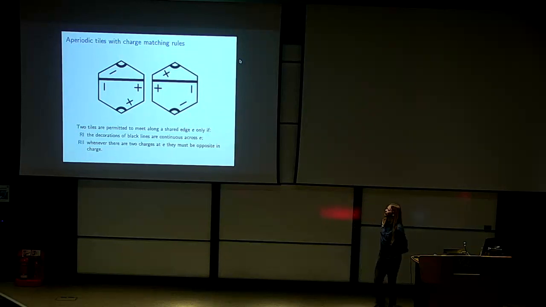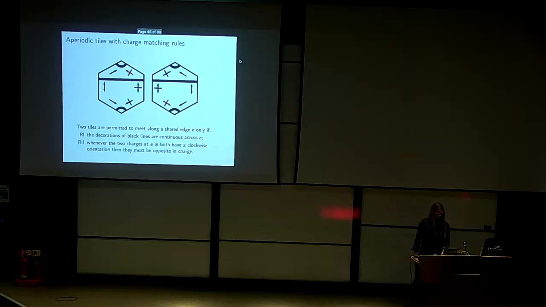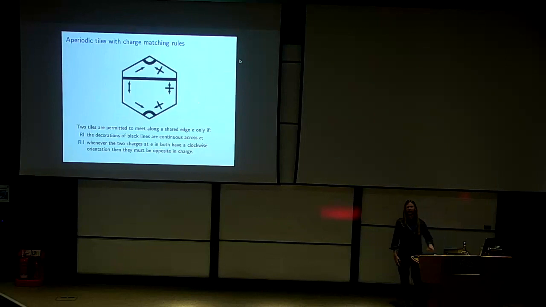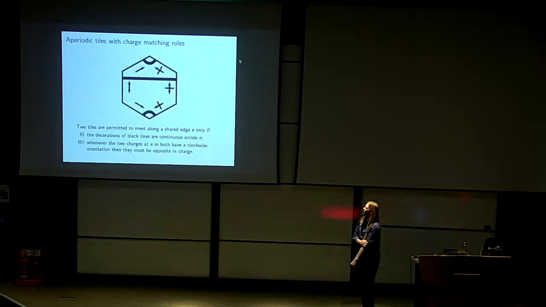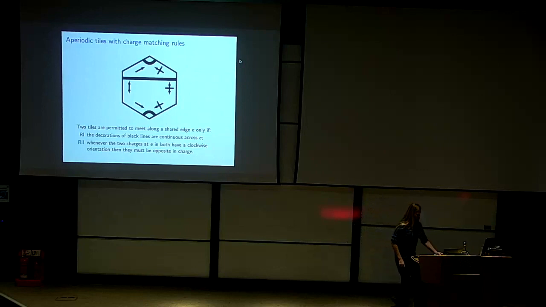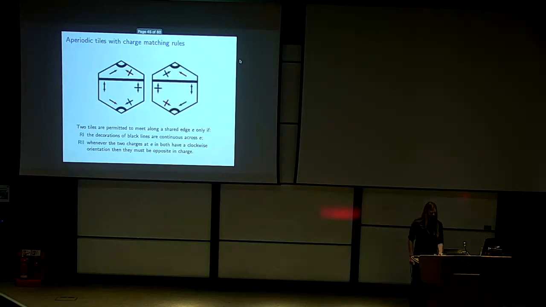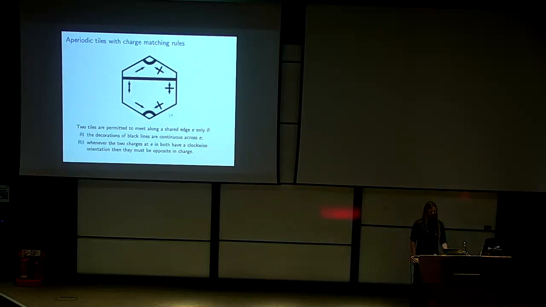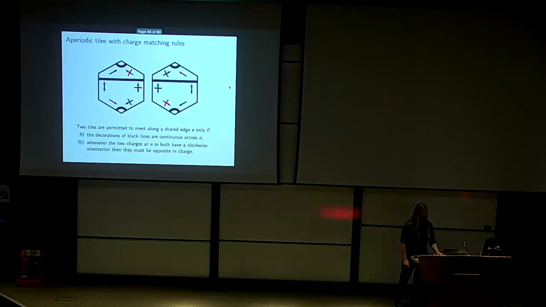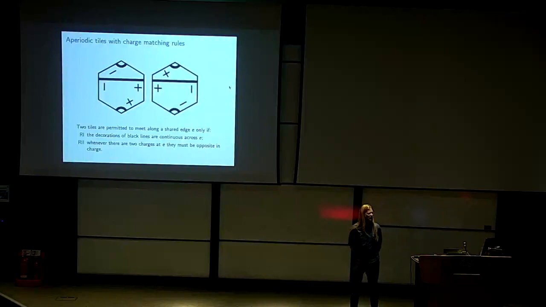Now, I think it's perhaps being a little cheeky to consider this as a single tile. When you flip it over, these charges are moving about. And I think it really is behaving much more like two tiles. On the other hand, I guess you could teach a child these rules. So there's a sense in which it does feel like a valid rule, but for me, I think it's much more behaving like a pair of tiles. And this comes back to what Kyle was saying about how do we actually count the complexity, how do we count how many tiles we have. I think it's certainly two tiles though,